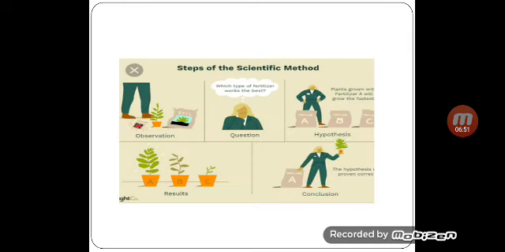By this picture you can understand what hypothesis means. In the first image, the researcher is observing. First he will observe, and then in his mind the question arises: which type of fertilizer works the best? After thinking, he comes to one conclusion statement, that is, the plant grows very well in fertilizer A. That is his tentative statement, or his hypothesis.